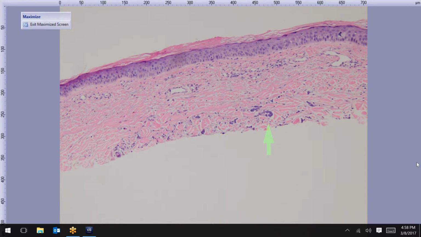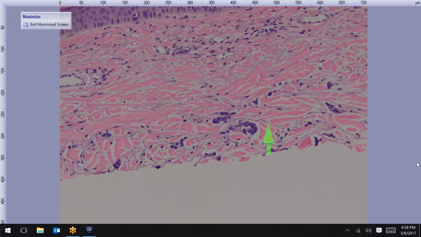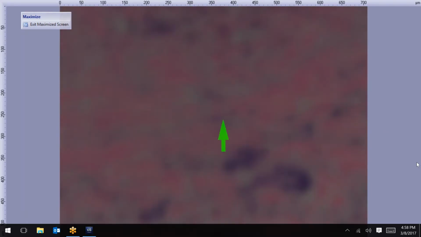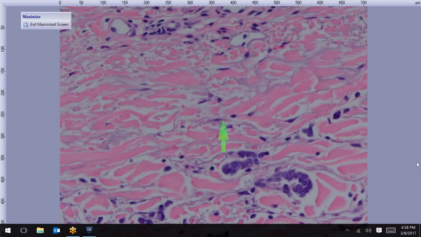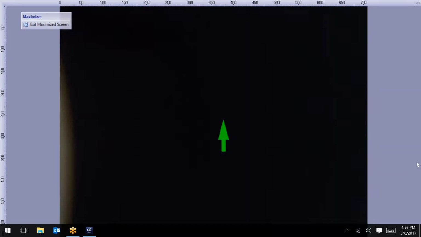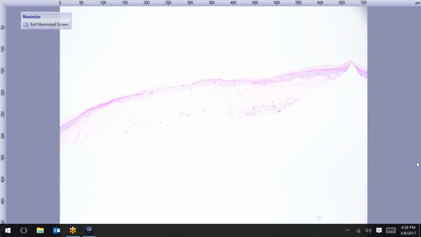And they're just too prominent to blow off as just a lymphocyte. There's lymphocytes over here, but these blue cells are larger, and you know they're there. Let me brighten that up. Higher power, you see just a few hanging on to the edge of the specimen. There's a few right there. So I put in the report that there's some atypical basaloid cells at the base, but I don't know what it is just yet. But you've got to get a bigger piece, re-excise it, or do whatever,